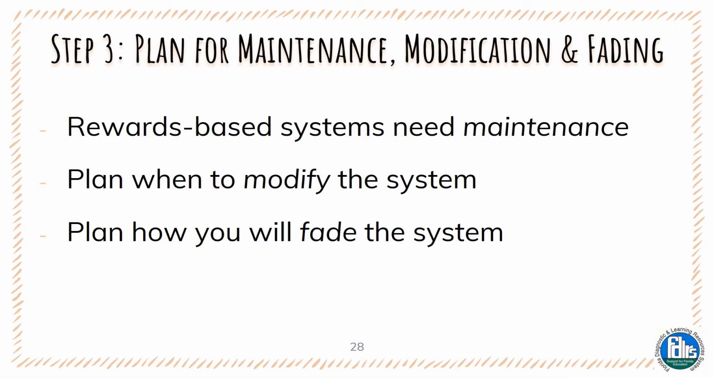This is step 3, plan for maintenance, modification, and fading. Reward systems need maintenance. They need adjustment. You plan when to modify the system and plan how you're going to fade the system. So for example, if I'm using the chart for the attention signal, maybe the very first time, when I'm teaching it,